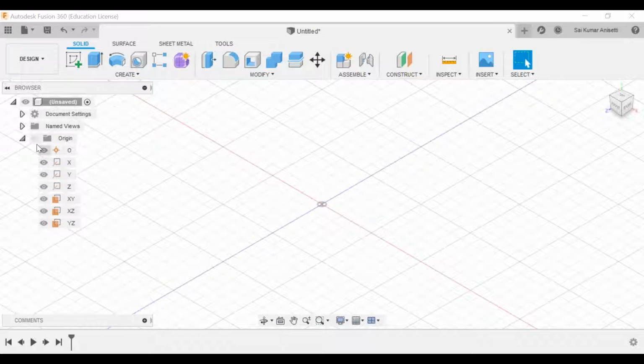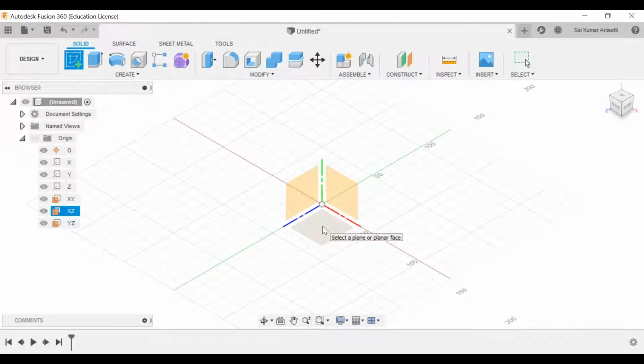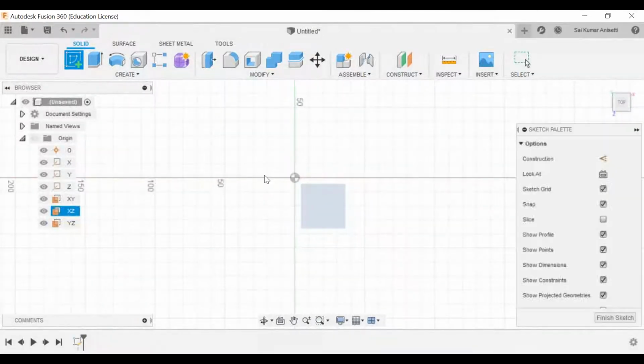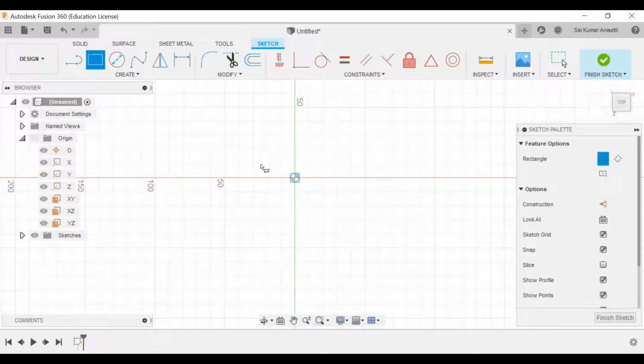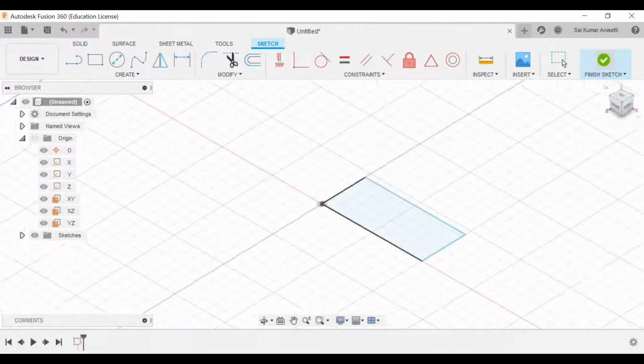Now let me take a simple sketch. Go to sketch, I'll take the top plane. Now I'll go with a simple rectangle. Just finish it.